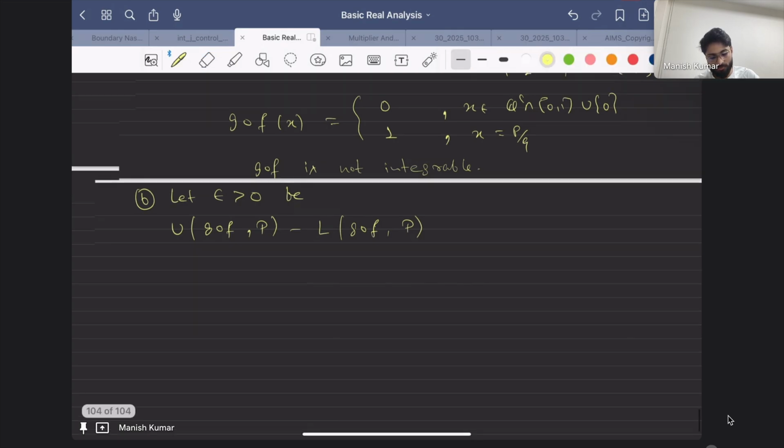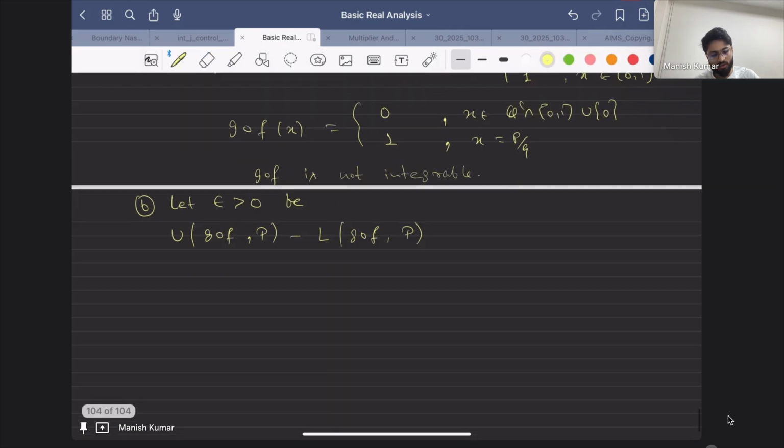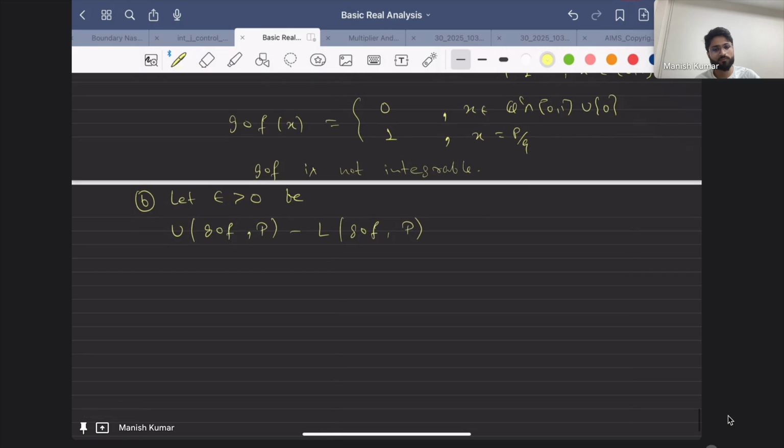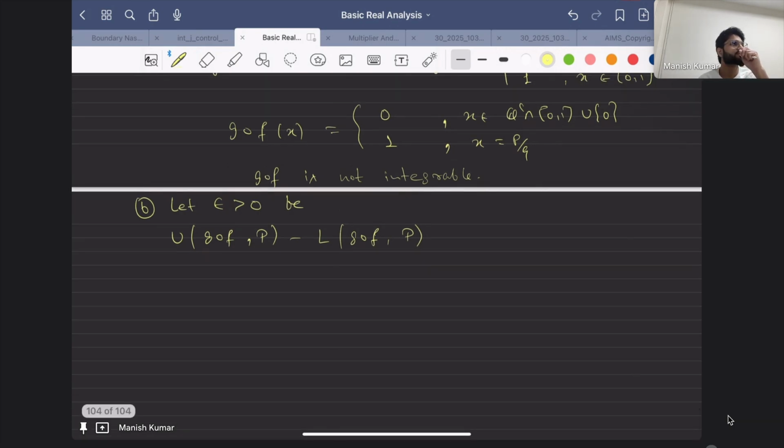Sir, I know sufficient conditions: if continuous, and if monotonic and uniform Lipschitz, then it implies integrability. But I don't know about necessary conditions. If you start with Darboux sum, I don't know. Yeah, this you can say, right? If you just want integrability, that's what I was saying, that if f is integrable, then the points of discontinuity,